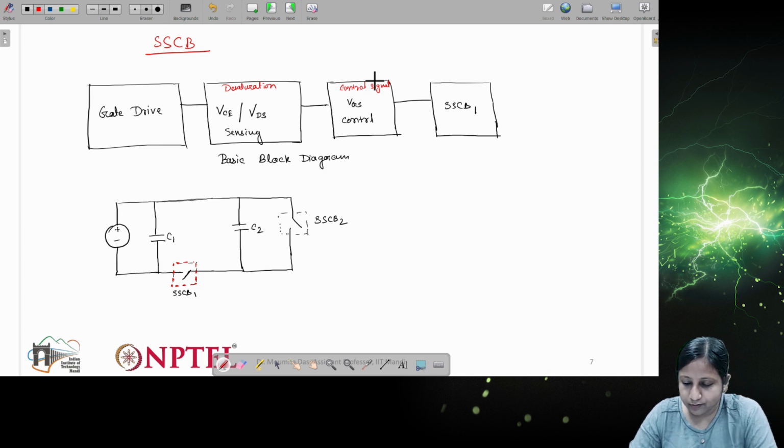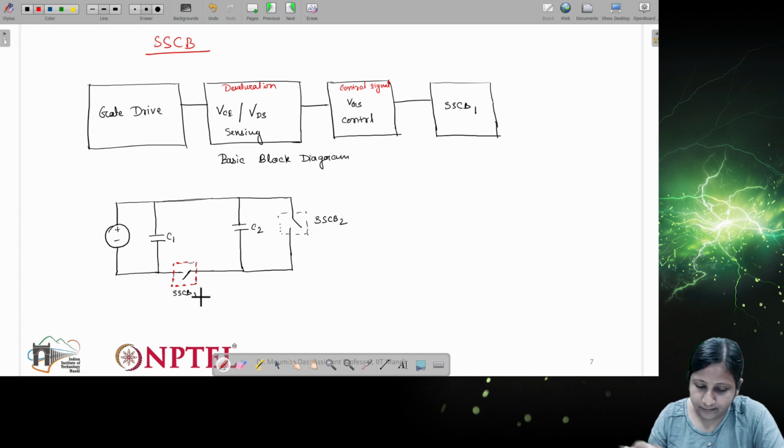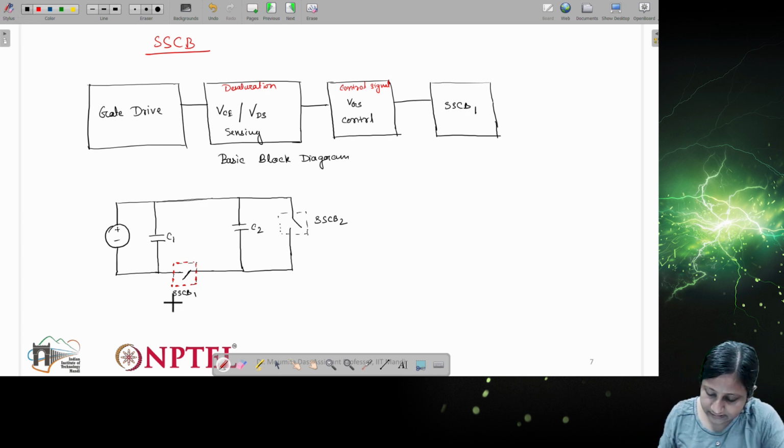Now whenever we are providing to this SSCB 1, we can test different parameters of SSCB 1. But for SSCB 2, if there is any fault that cannot be handled by SSCB 1, then this will provide the additional protection. So before using it in any device, this is basically the test circuit.